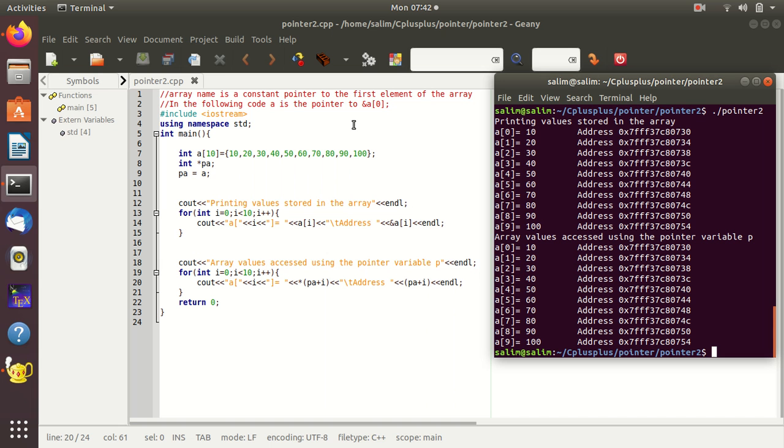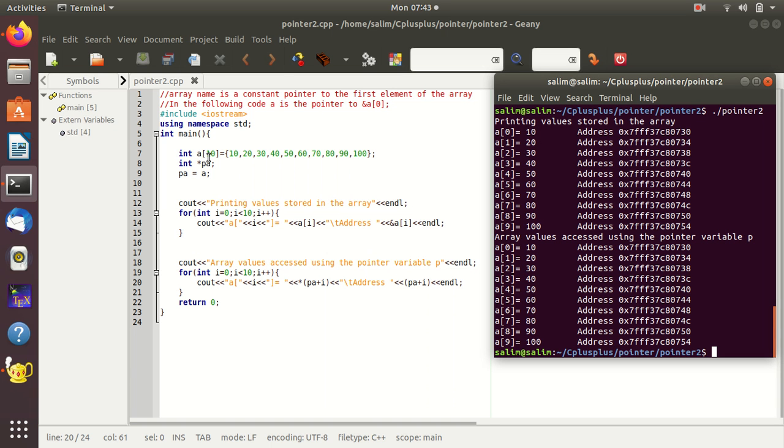So array name is a pointer, it's a constant pointer to the first element, that is A of 0 of the array. We will see how this program is written.